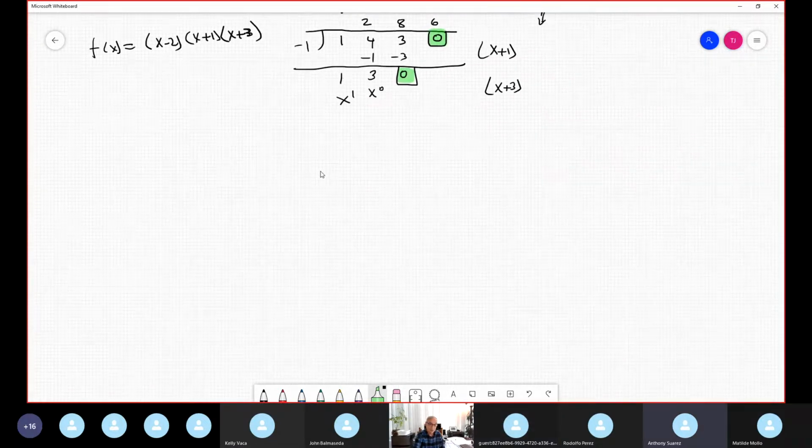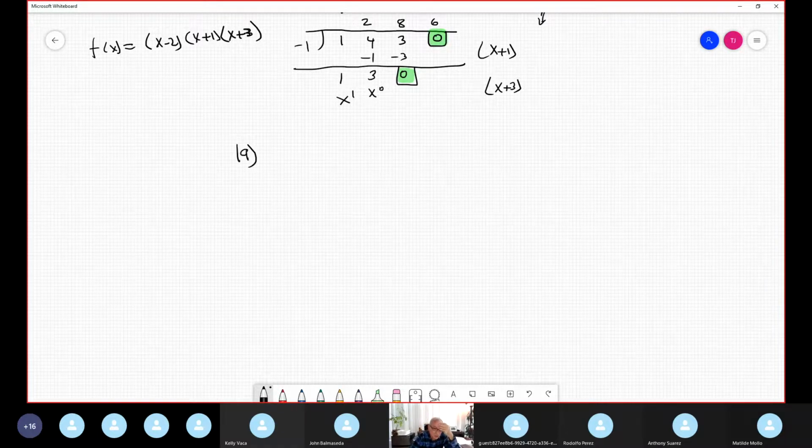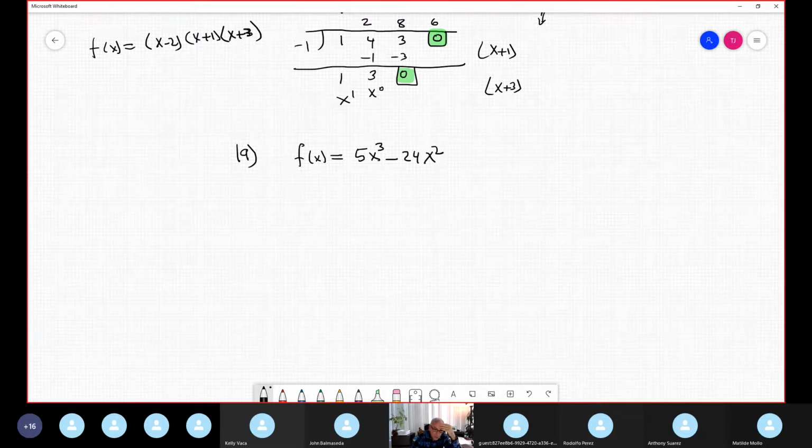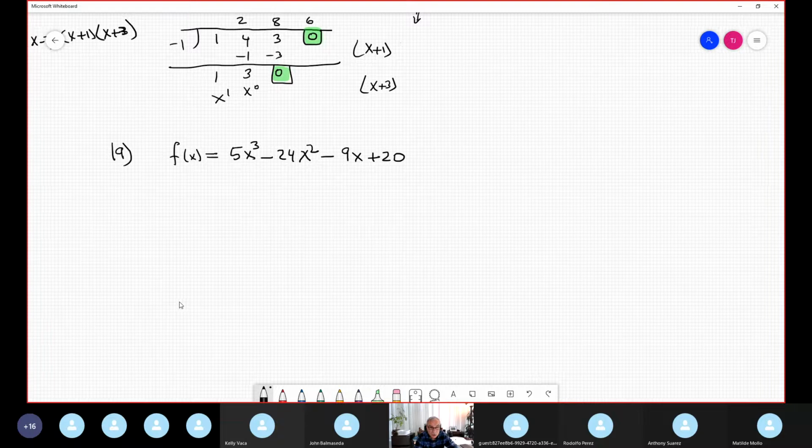Yes. 19. It's super easy. Using technology, of course. F of x is equal 5 x to the third power minus 24 x to the second power minus 9 x plus 20. This is our polynomial. I investigate. I put in decimals again. Yeah, I discover in decimals